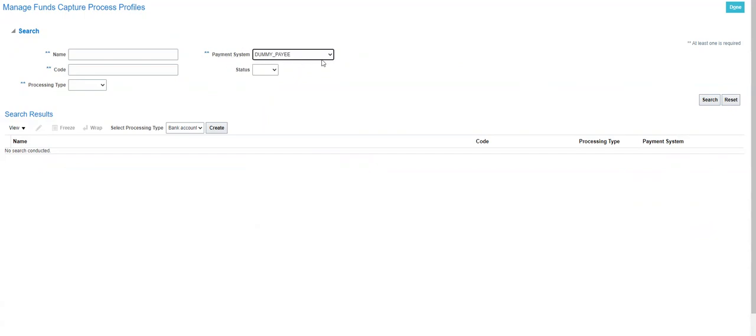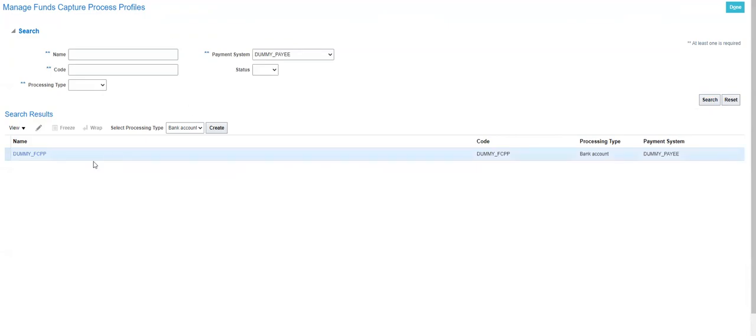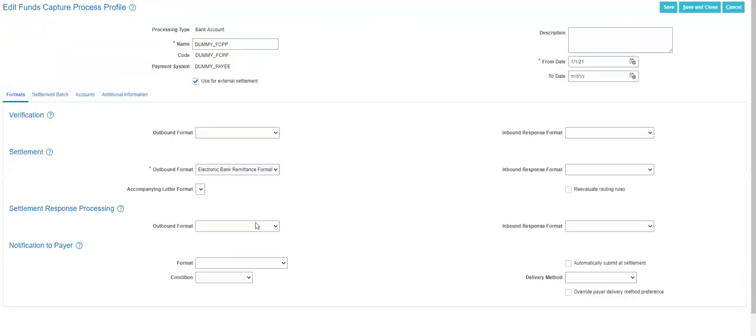So I'm querying by the payment system for which I have created a funds capture process profile. Give a name and all these things, and the important point is that this format will automatically default from the payment system we defined. From there, the outbound format got defaulted.